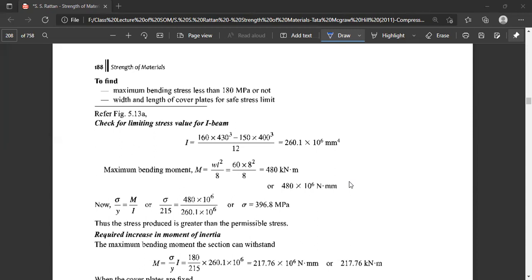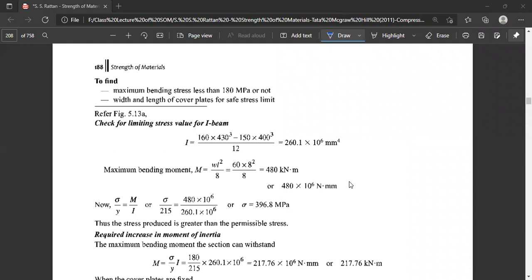That is the length of y from the central axis to one of the sections. So sigma is equal to 480 into 10 to the power 6 Newton millimeter as the bending moment divided by the moment of inertia, 260.1 into 10 to the power 6 millimeter to the power 4, and this is equal to